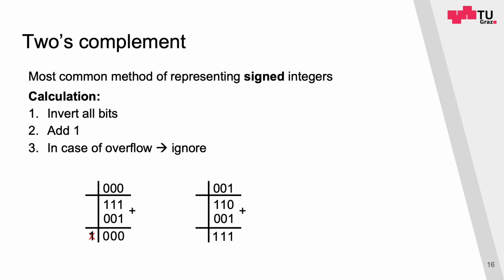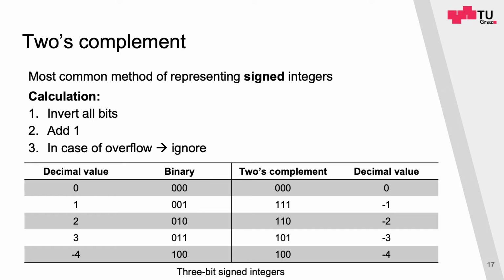And yeah, here you can see a table which shows the 2's complement of all 3-bit integers. So assuming that we have only 3 bits available, a 3-bit binary number, here you can see the table. So as we have already calculated in the previous step, if we look at the first row, we have the decimal value 0 and its binary representation, meaning 3 0 bits. And then on the right hand side, we have the 2's complement, which is again all zeros,